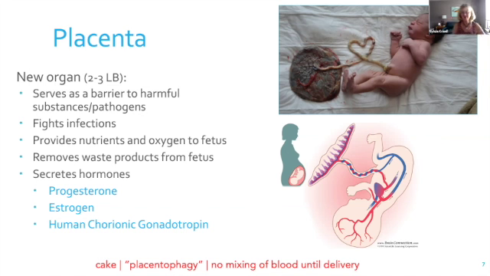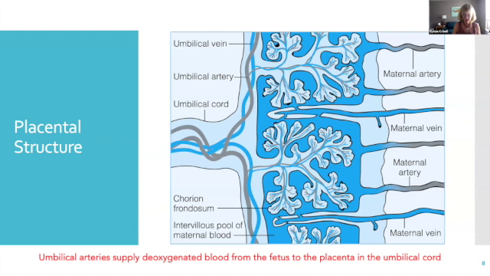One more thing about the placenta, which I'm going to show you in the next slide: here's the fetal blood, and maternal blood pools around this. They don't actually mix. The placenta is a barrier between the maternal blood supply and the fetal circulation. This is a cross section, so stay with me on this. This thing is the placenta. Here's that umbilical cord we looked at. You can see the blood vessels in here.